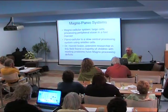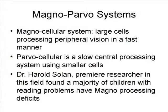Now, these large, fast processing cells, again, are the leading edge of what's going to come to where you're going to put your attention and where you've just seen. Now, the other thing is that the